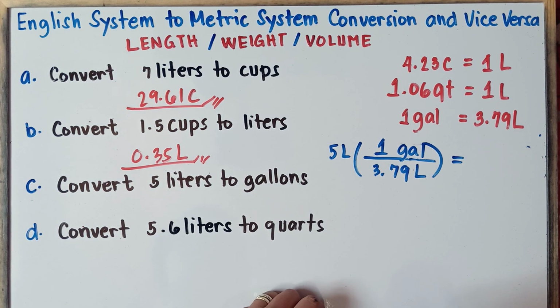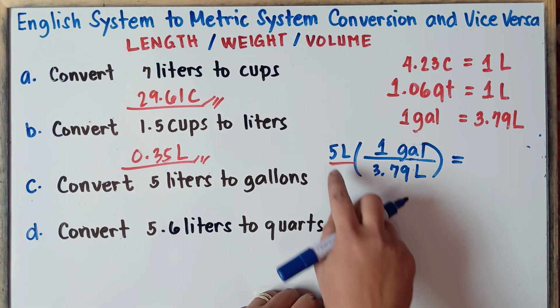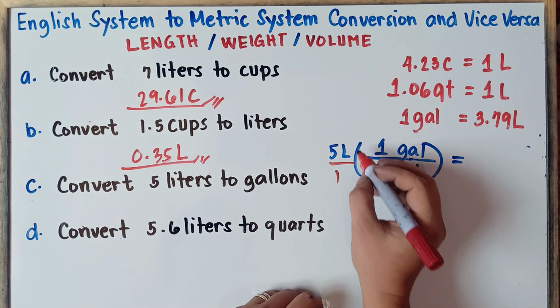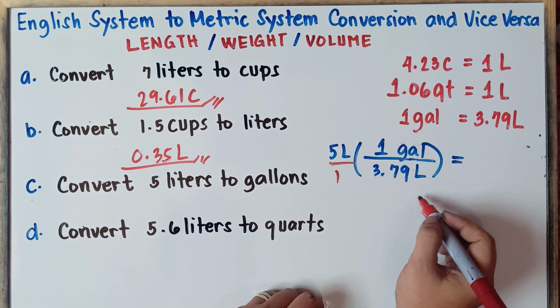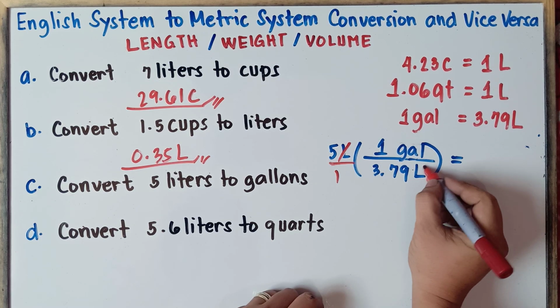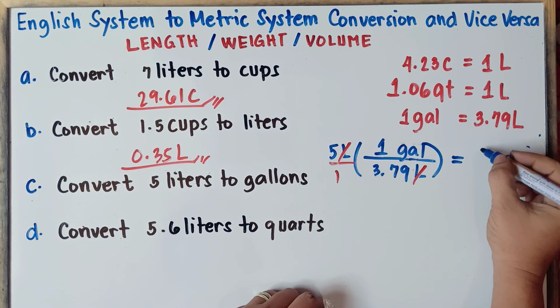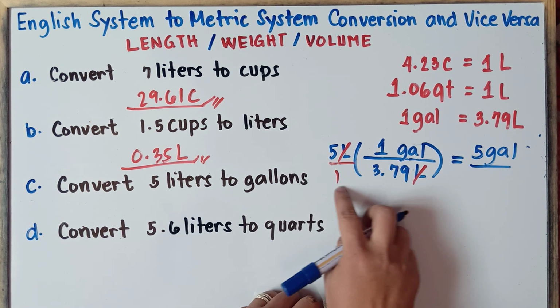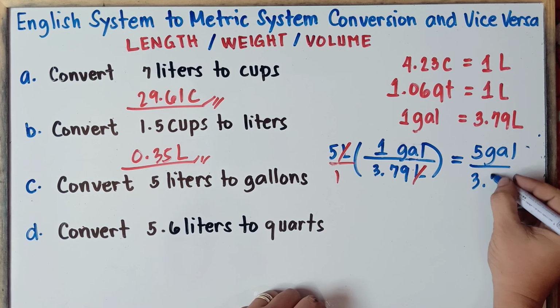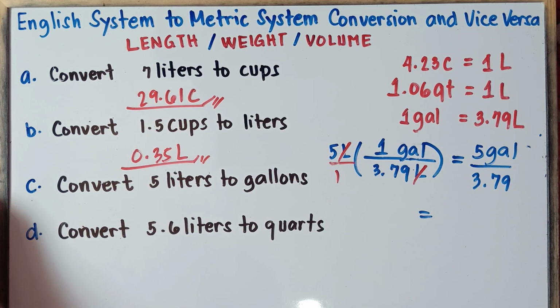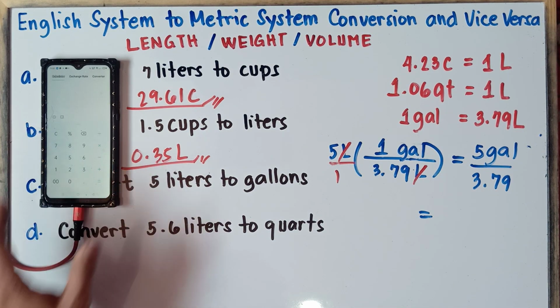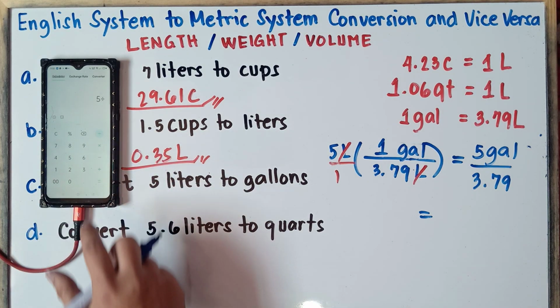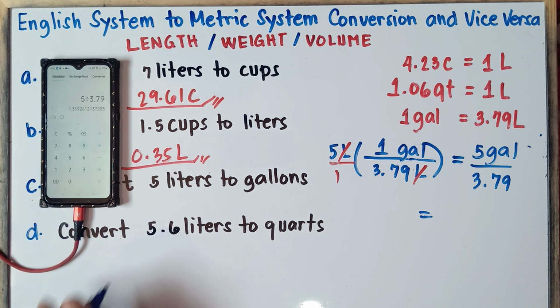Alright, equals, you put over 1 here. That's okay. So 5 times 1, once again, class, do not forget to cancel out the units. Never forget, class, to cancel out the units. And then 5 times 1, that's 5. Do not forget the units, gallons. Over 1 times 3.79, that would be 3.79. And then simply divide, class. Use your calculator. So 5 divided by 3.79. And the answer is